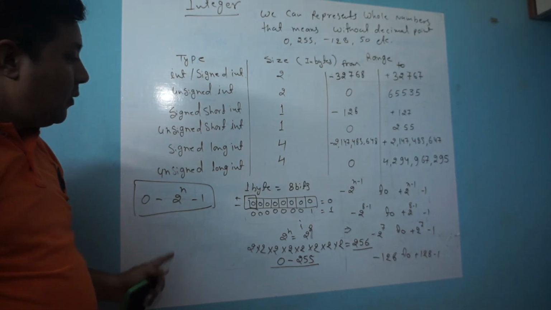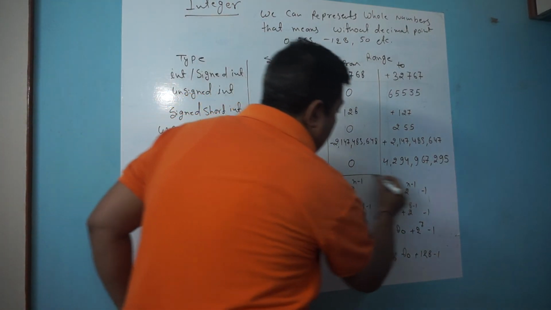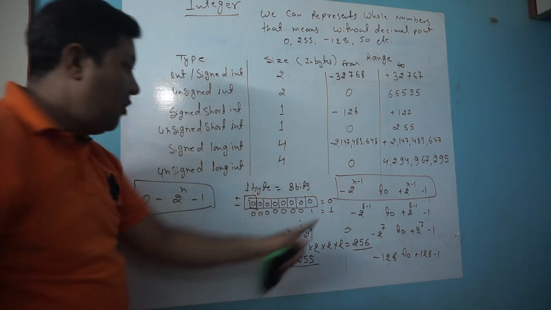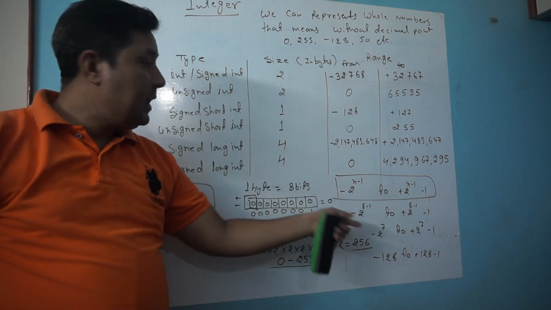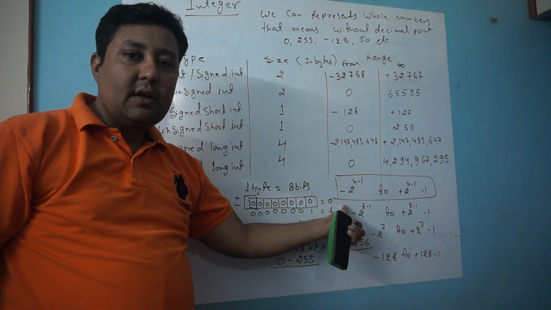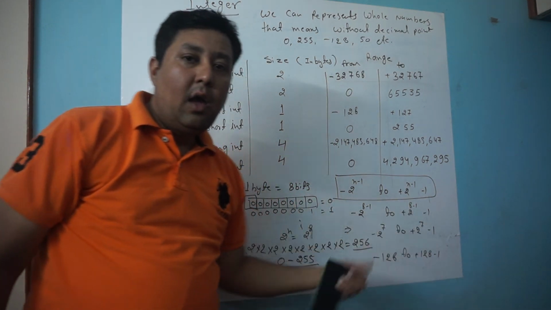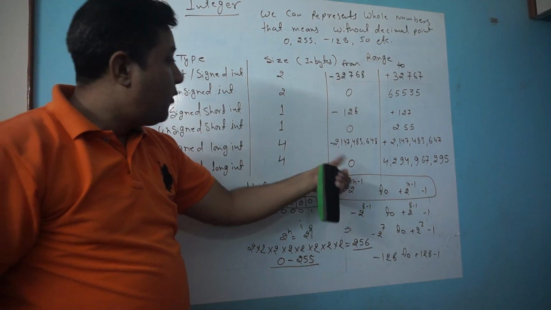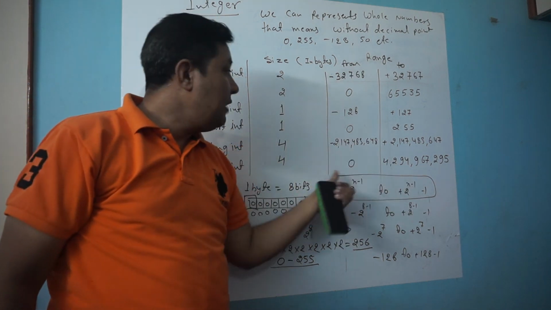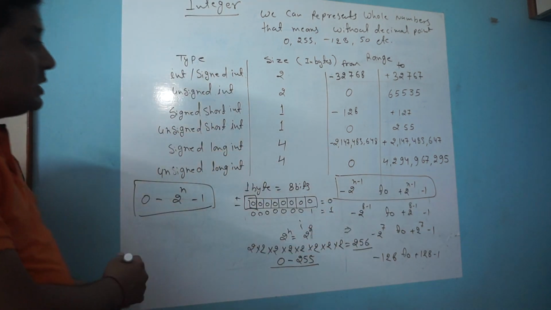So from this conclusion, this is the formula for signed data types. If you are taking a signed kind of integer, then we apply this formula to compute the representation range, from minimum to maximum. So this is all